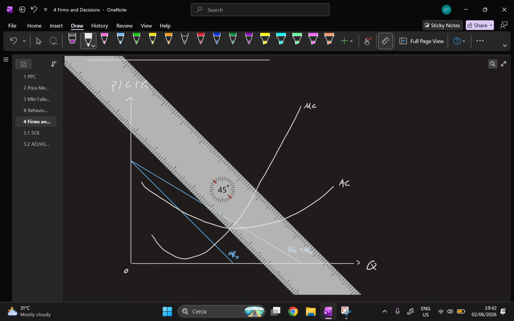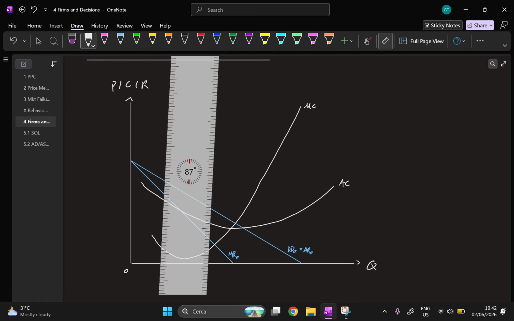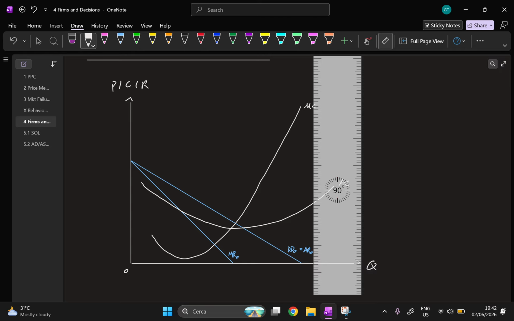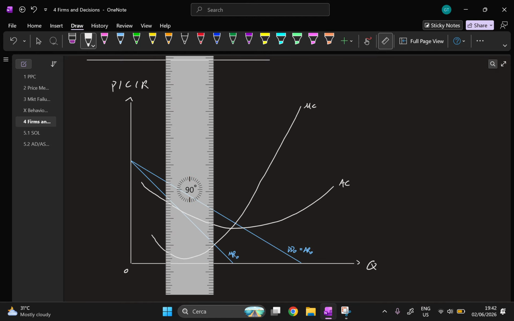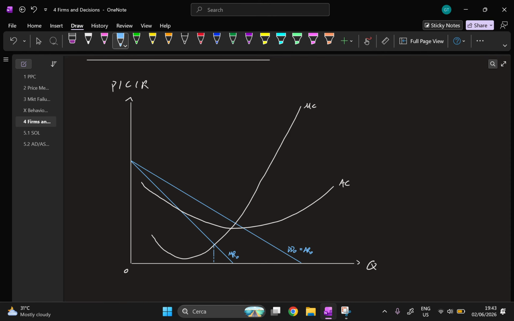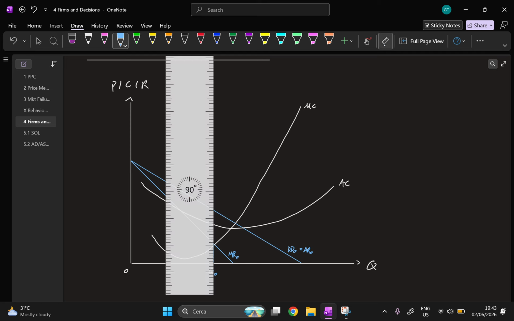Once again, my profit maximizing output is where MC equals MR, right? So where is my MC equals to MR? It is here. So at this point here, I trace it down all the way until it hits this part. I label this output as Q0, okay? And then from here, I don't stop here. I said in the previous video, I extend this blue dotted line. I go up,